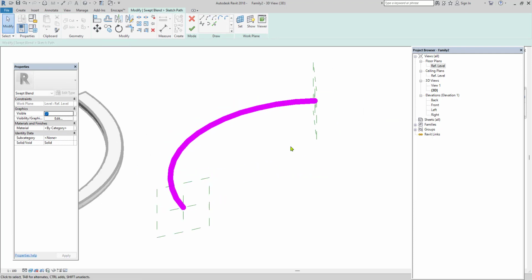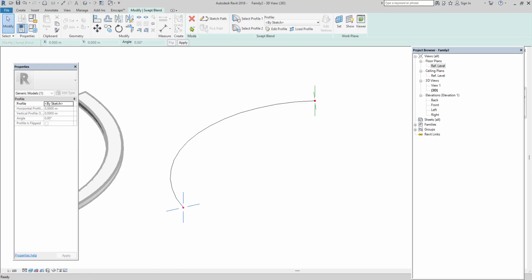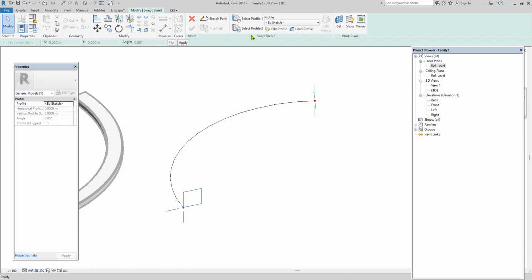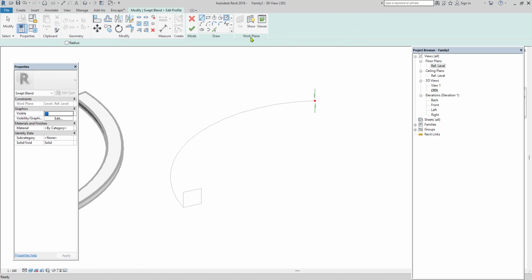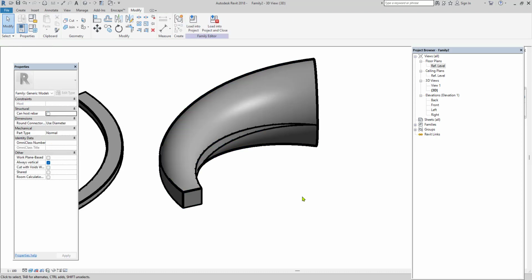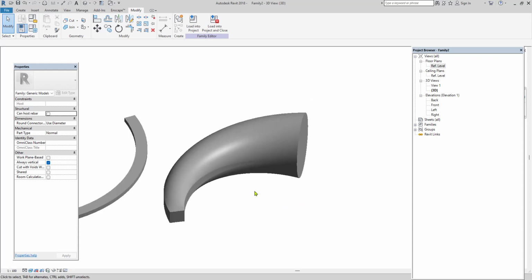In one dot we have to draw one profile, and in the second dot we have to draw the second profile. Finish it, and then select profile 1 and click on the edit, and then you can draw the first profile. Finish it, click on select profile 2 and click on edit profile 2, and you can go with the other shape, circle, and finish it. This is how you can blend any two shapes and which carries throughout the particular shape we have drawn.